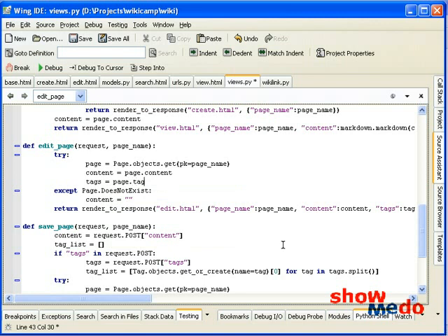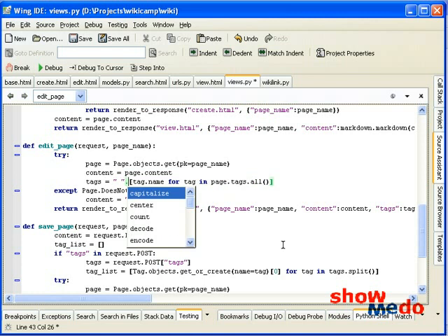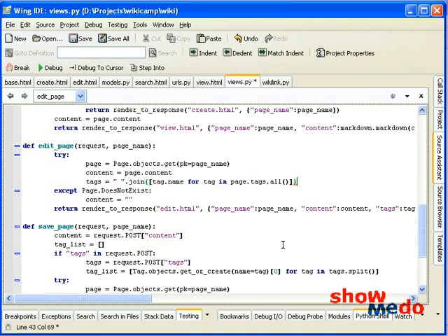So this will give us a list of tag objects, and what we want to do is take the name of each tag, right? So we create a list containing the names of each tag and join it together. So this creates a string which has a space separated list of tag names, and we pass that string down